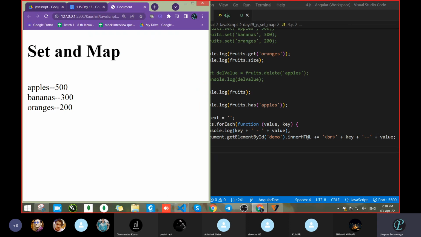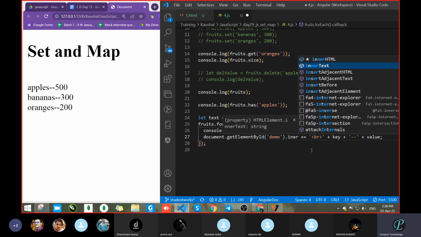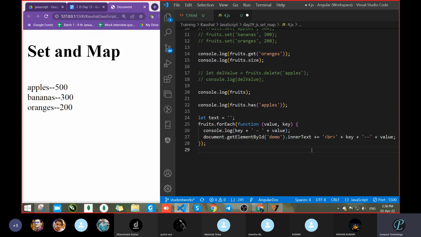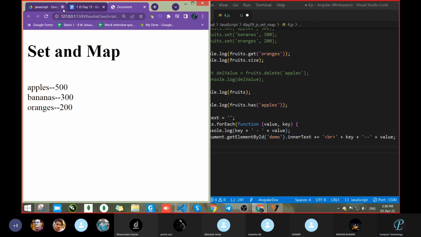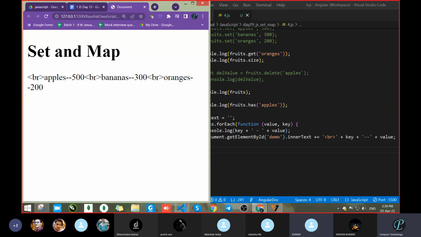But if I take innerText, will it work or not? What are you thinking? Will the output be same or different? The BR tag also shows, sir. So the BR tag will also show. Let's see. So we got the BR tag. But what is the use of a BR tag? We want to break the line. We do not want to print it on the UI. Why did this get printed? Because